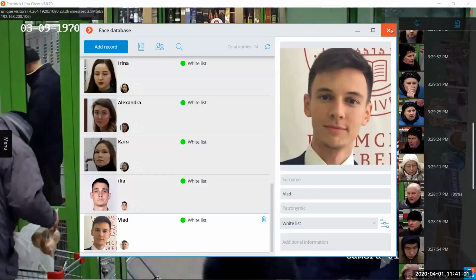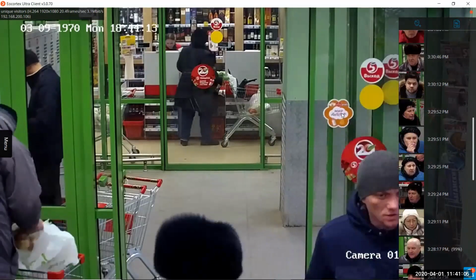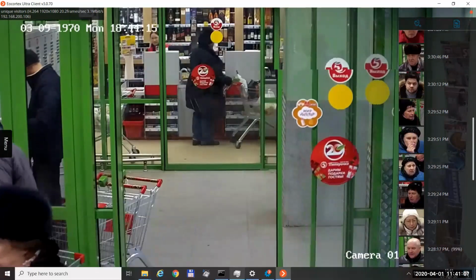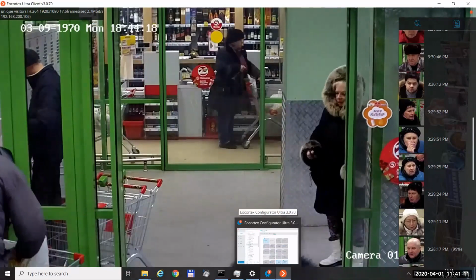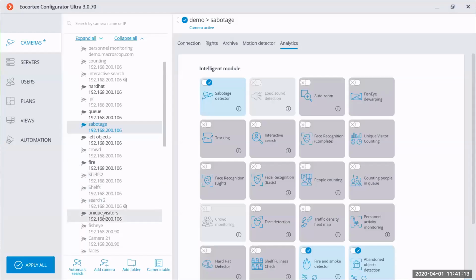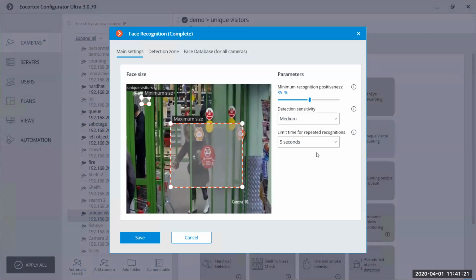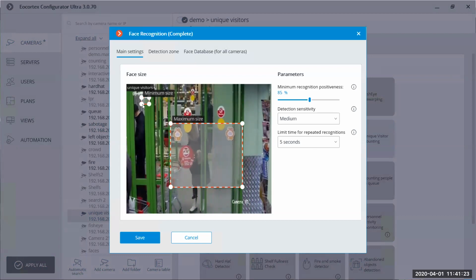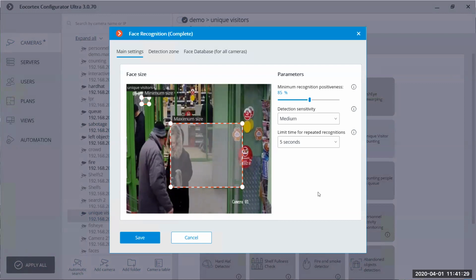Next, let's discuss the settings of the facial recognition module and also the image quality and the camera position. So let's select this camera. Facial recognition complete. Here, the settings are pretty simple, so we can configure the minimum and the maximum size of the face.